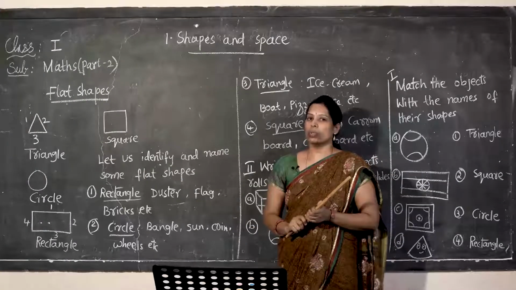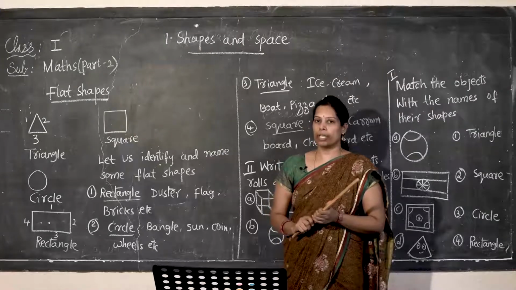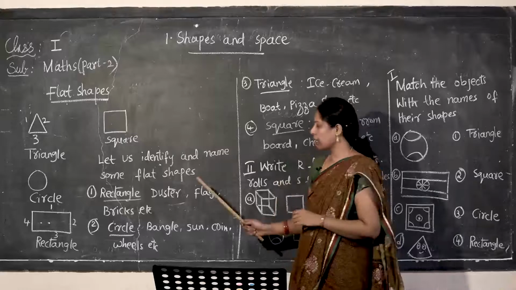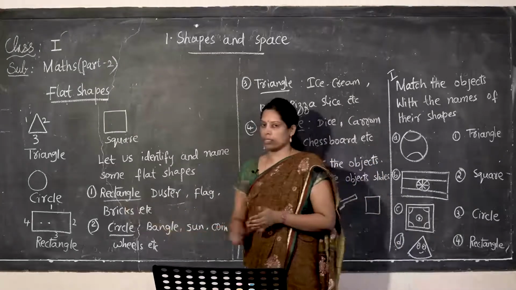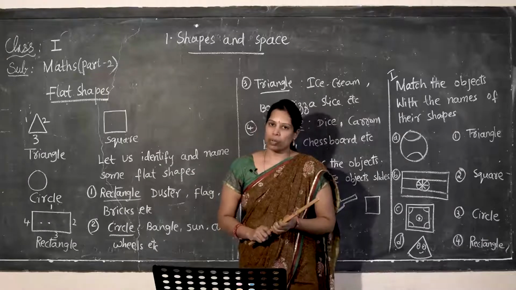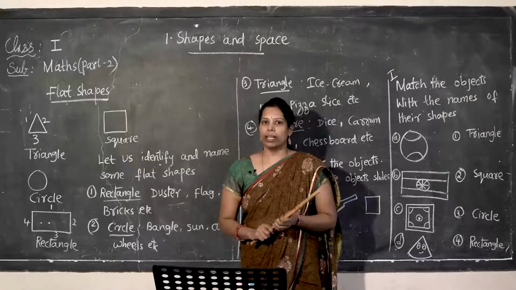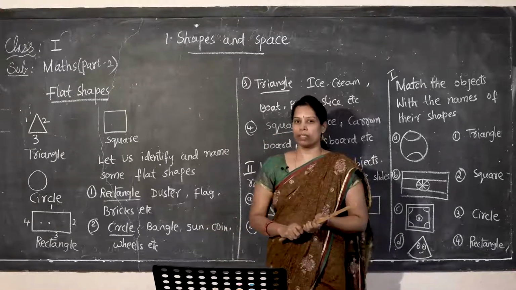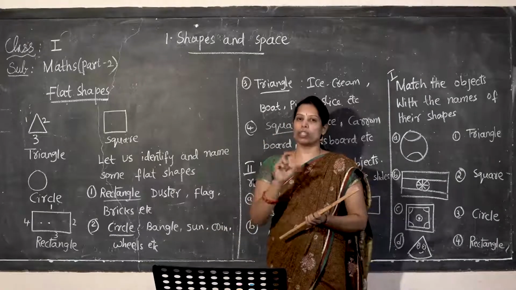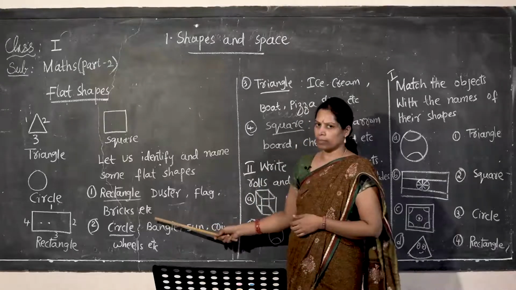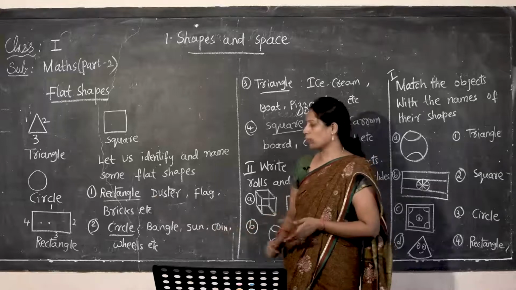Flag is also a rectangle in shape. Again, for a flag also you are having opposite sides equal. Bricks, which are used for construction of the building, are also a rectangle in shape. Even some biscuits like Parle-G biscuits are also rectangle in shape, in which the opposite sides are equal. We are having many examples, but we have considered a few among them.